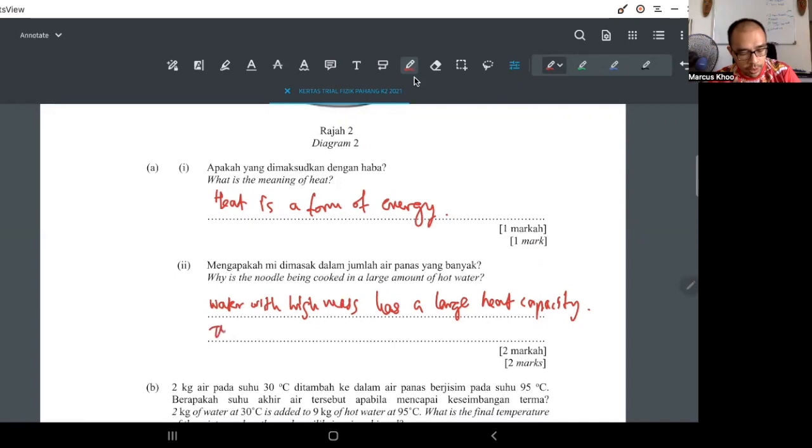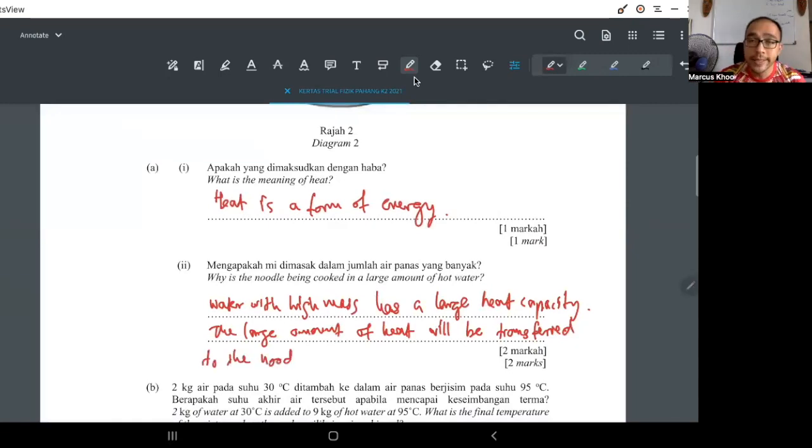So the large amount of heat will be transferred to the noodles. So of course the keywords here are large heat capacity and the transference to the noodles. The idea is this: that's why when we cook noodles, we don't put as little water as possible. We put a lot of water because water has a very large heat capacity. It can store a lot of heat and transfer the heat to the noodles,